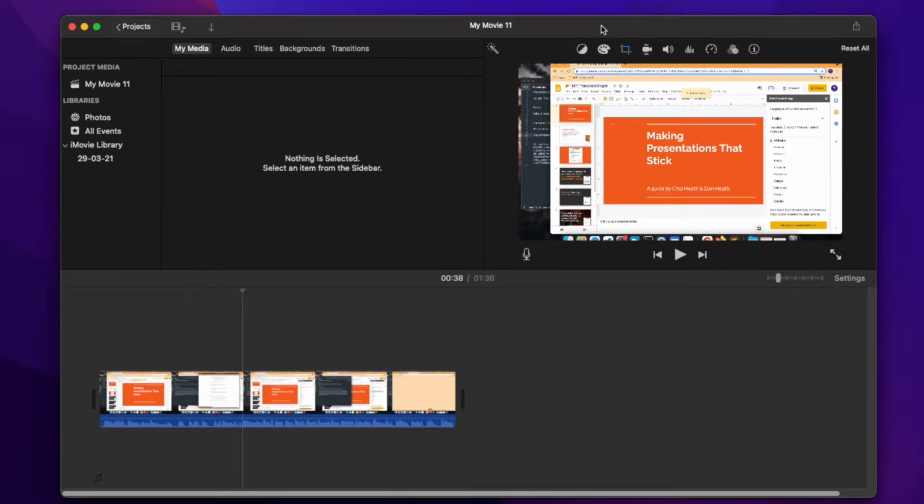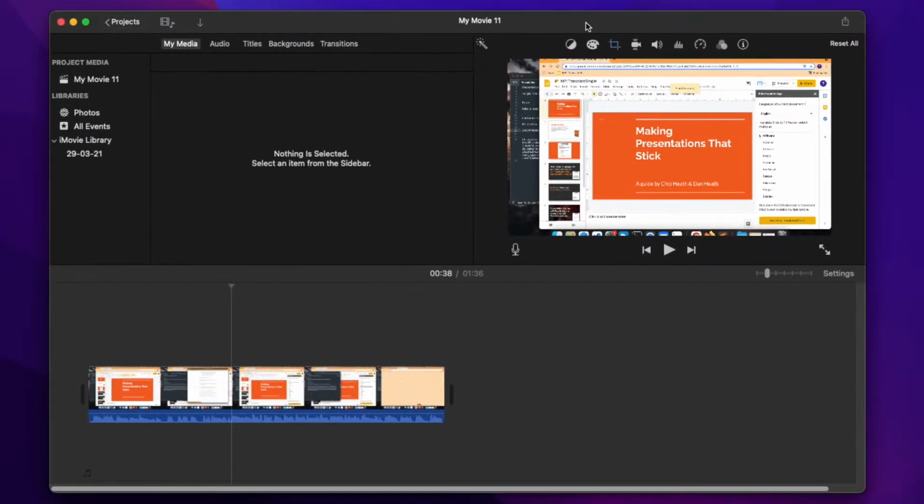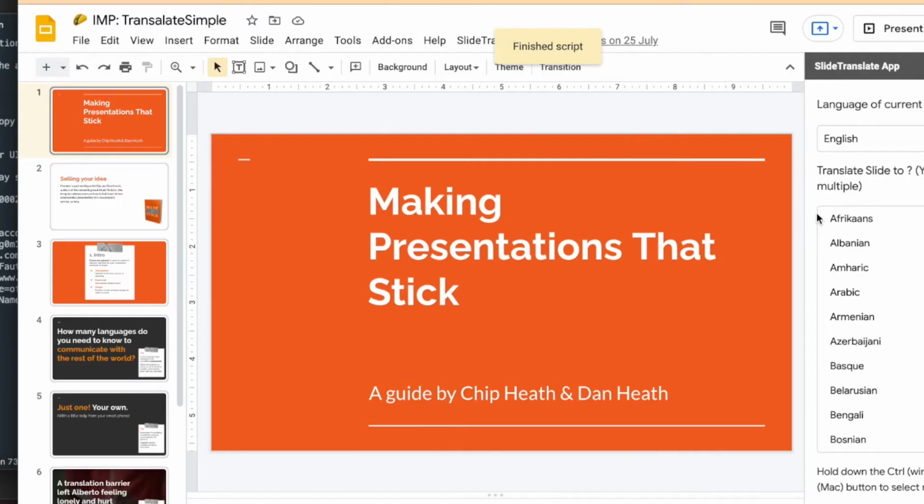I'll show you how you can blur something out in a particular video with iMovie. So first of all, I have my iMovie project open with a sample video. Now what I'm going to do is show you how to hide something. For example, if I scale the video, you can see everything is visible right now, right?